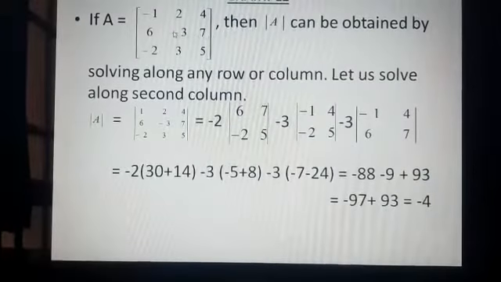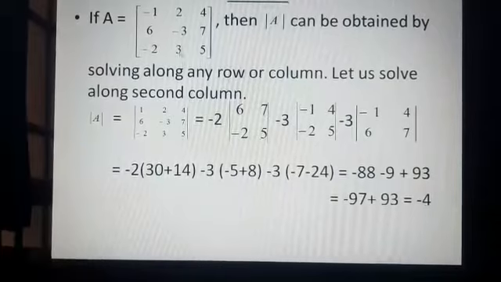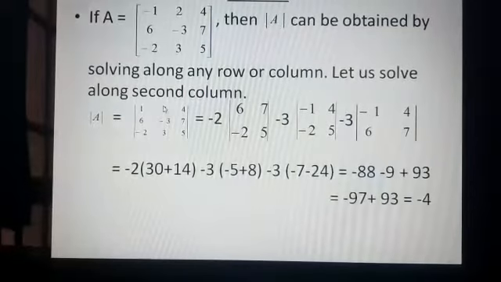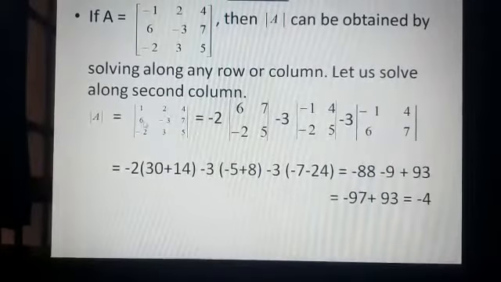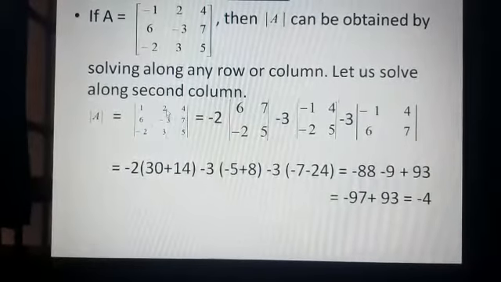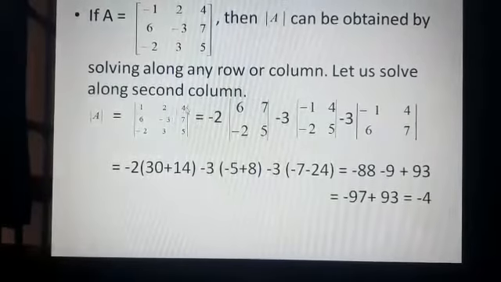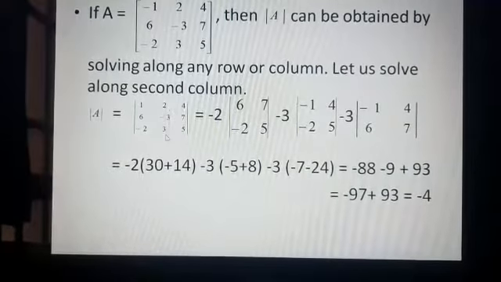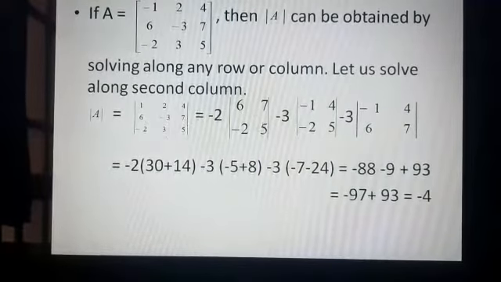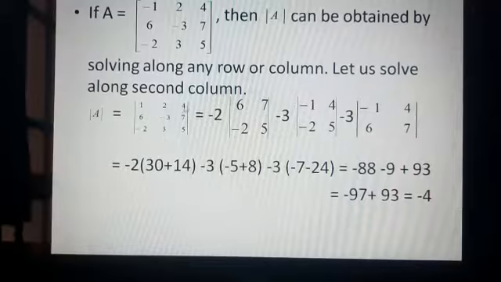I have taken the same example which we have solved earlier, but this time I have solved it along the second column. You can see here I am solving it along the second column, that is this one, 2, minus 3, 3. So when I am solving it, the sign of 2 will change, minus 2, as told earlier. At these 4 positions we have to change the sign. So 2, the sign is changed, minus 2. Then I will take the determinant which is not in the first row and second column, that is 6, minus 2, 7, 5. Then minus 3 is multiplied by the determinant formed by removing the row and column, 1, 4, minus 2, 5.